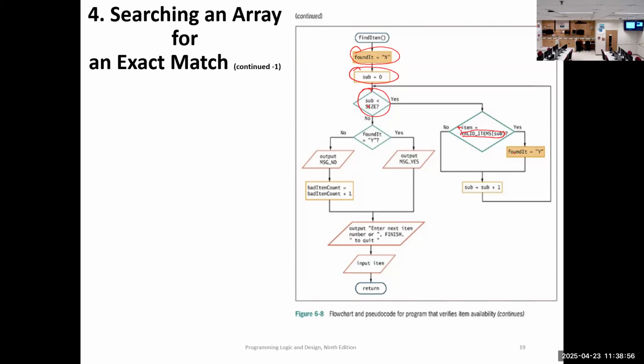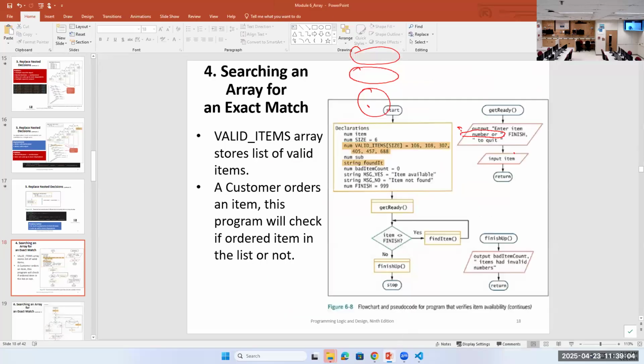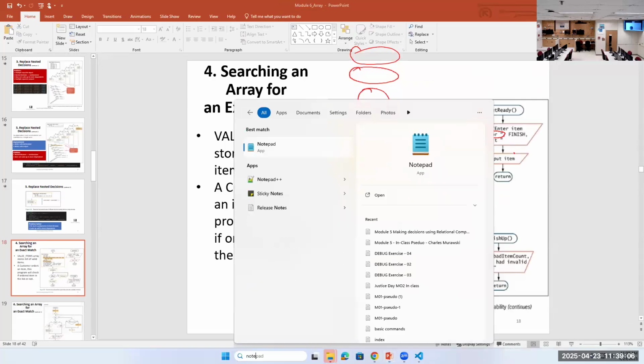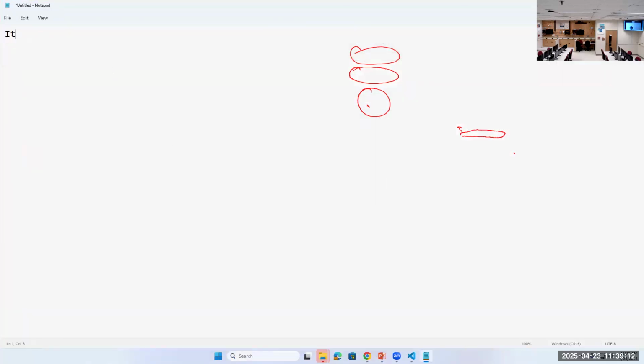So see, think about this program here. If I had an array here, open the notepad and we do it together with simple code, right? So think about I have items here, and in that I have multiple items. I have 10, I have 14, I have 20, I have 30, I have 67, 80, and so on. It's quite simple here. I have 1, 2, 3, 4, 5, 6 items